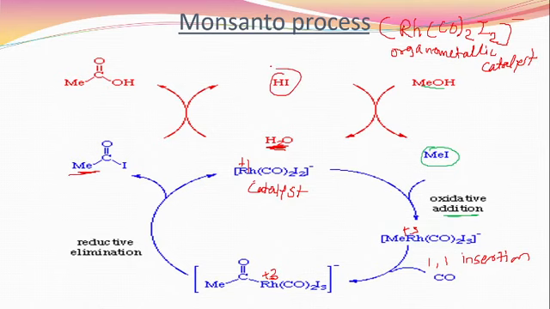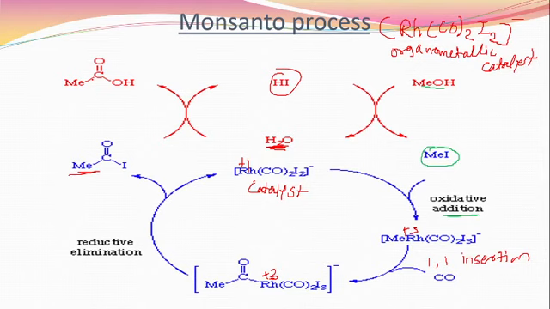HI. This cycle continuously goes on, and in the conversion of MeCOI to MeCOOH, there is a byproduct that is HI. This is reacted with the MeOH, and here we get MeI, which is very useful to start the catalytic cycle or to start the organic reaction. And from these two reactions, we get the water molecule, and this water molecule is useful for the conversion of the acetyl iodide to the acetic acid. Okay, this process is called the Monsanto process.